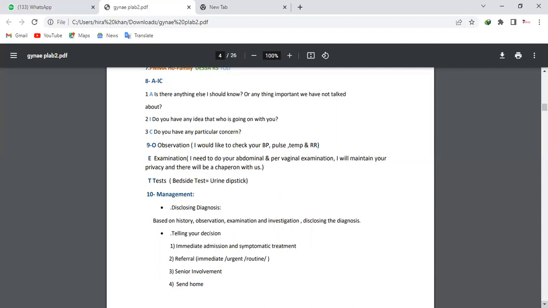So you have to tell her, take the consent, and engage the patient here. And then the tests: what tests can you request before the management part? Those that can actually be done at the bedside. In gynae and obstetrics, the tests that we can do are urine dipstick and pregnancy test. According to the scenario, you should ask for the tests you need. If the patient has vaginal discharge or some kind of symptoms, or vomiting and nausea, you should do urine dipstick and pregnancy test unless they have already said the tests have been done.